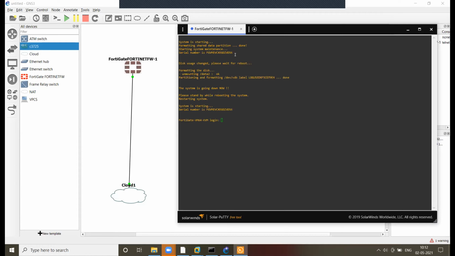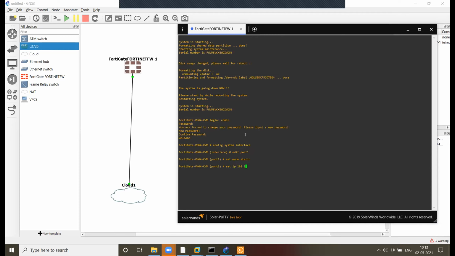See the login page. Username is admin. Can you please type admin as the username? Password nothing. Enter. 123, 123. Now wait. Let me do this. Config system interface. Edit port number 1. Set mode static.